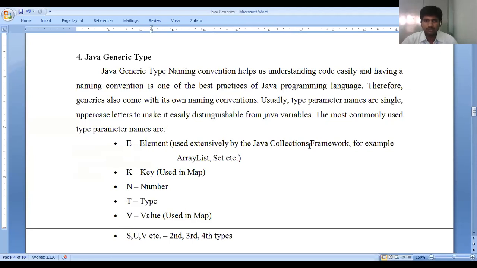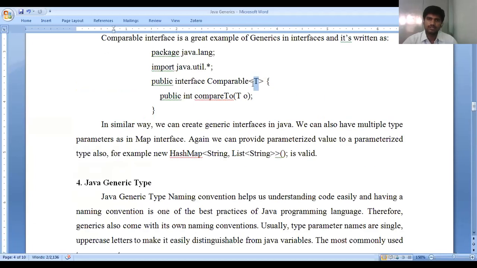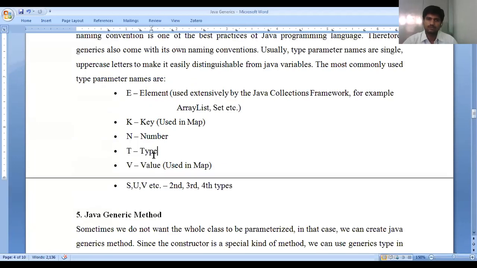The most commonly used type parameters are the most common things we are going to use. Previously we mentioned T. What is T? T is a type. E is an element, used extensively by the Java Collections Framework, for example ArrayList or Set, what type of elements. Then K is a key that is used in Map. We already know that in a MapReduce program, the input data may be text data or maybe integer data.